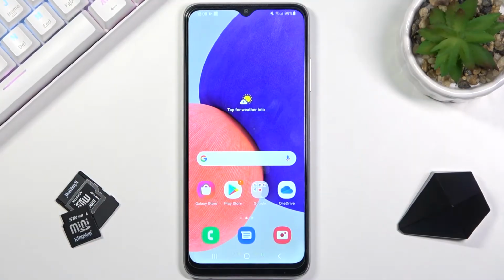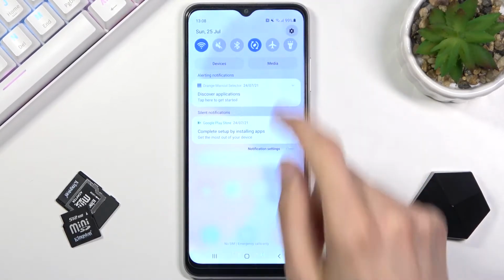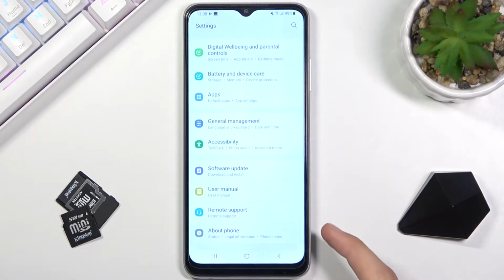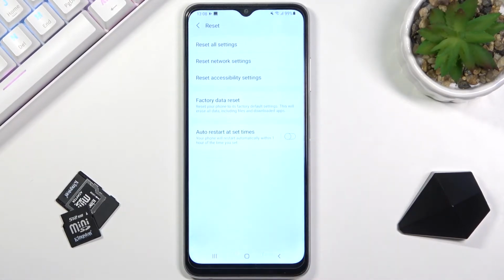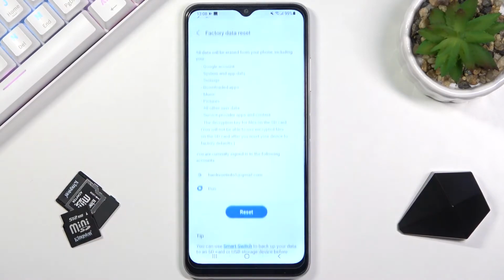Welcome. In front of me is a Samsung Galaxy A12s, and today I'll show you how to hard reset the device through settings. And to get started, obviously, let's open up settings. From here, scroll all the way down to General Management, select Reset, and then tap on Factory Data Reset, which